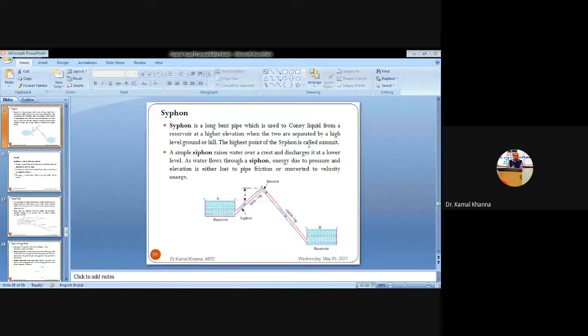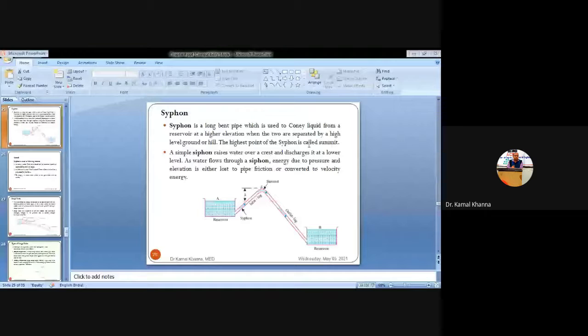So whenever you have connected that siphon tube to the first reservoir and the second reservoir, and you want to transport the water from the higher height to the lower height, initially it has the total energy, which is the sum of the pressure energy and the potential energy. Why does it have potential energy? Because the first reservoir is at a higher height as compared to the second reservoir, and the water is only being transported because it is at the higher height, because it has some potential energy.